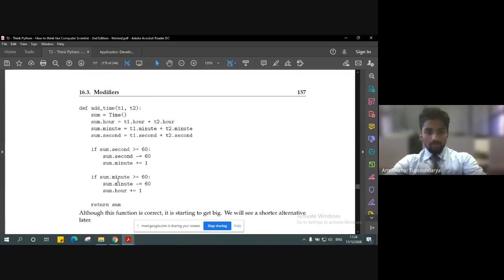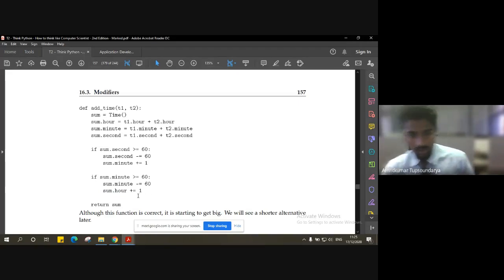So before discussing the modifier, let us try to create a better version of the above code itself, right? That is nothing but simply adding some conditional statements. That is, if the second is greater than 60, then increment 1 minute, right? And similarly, when the minutes are greater than 60, then increment hour by again one number, right? So that is again a simple code that we can write to keep the function pure.